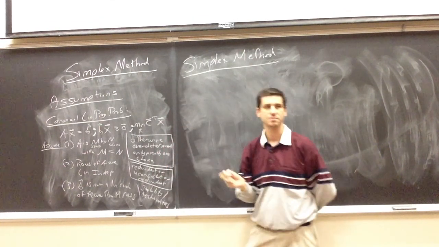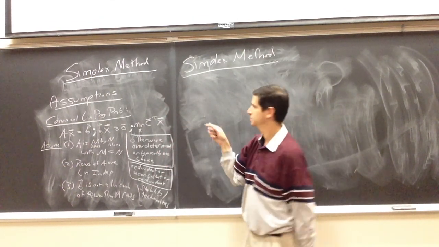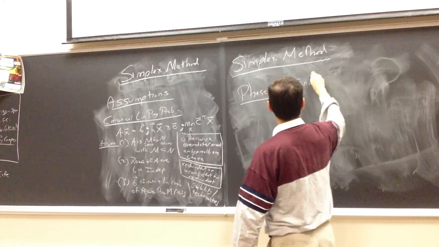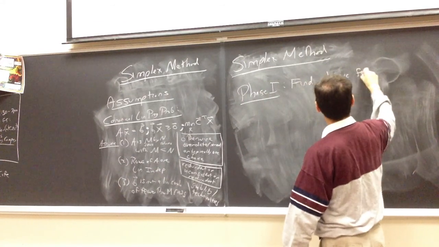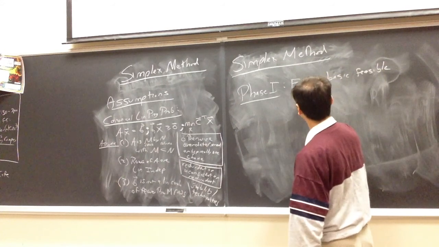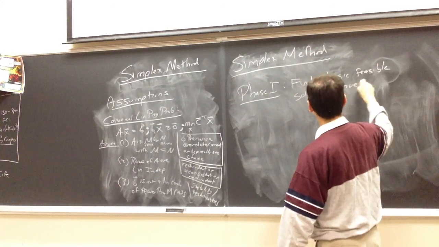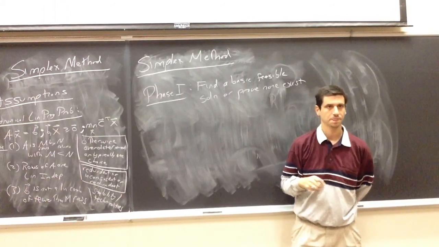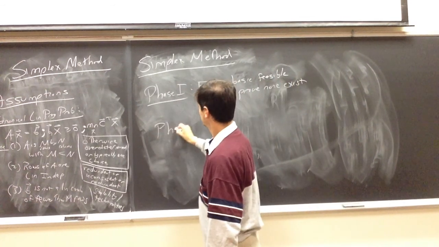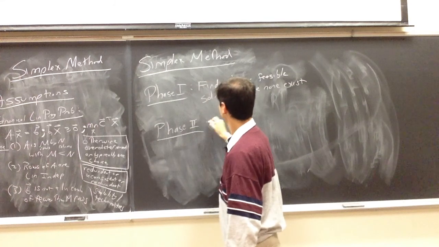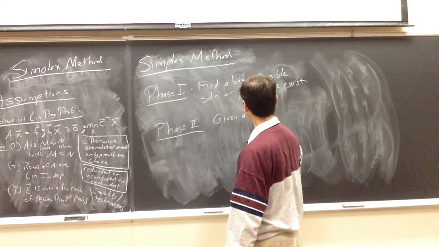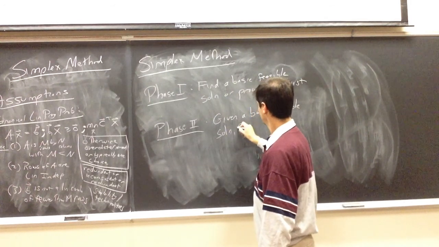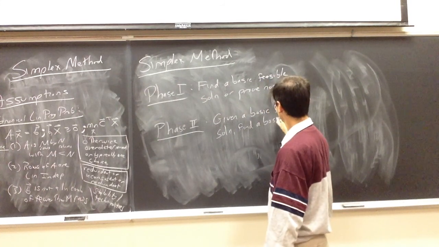There's 2 steps to the simplex method. They're historically called phases. So phase 1: find a basic feasible solution, or prove none exist. Okay, that's phase 1. Phase 2: given a basic feasible solution, find a basic optimal solution,